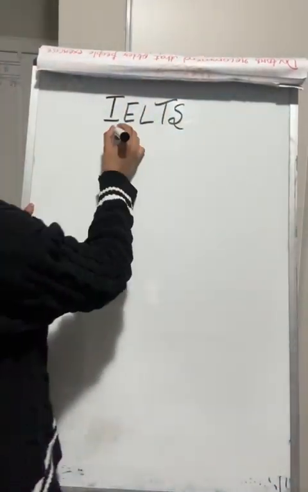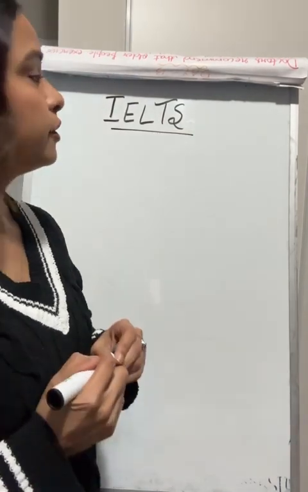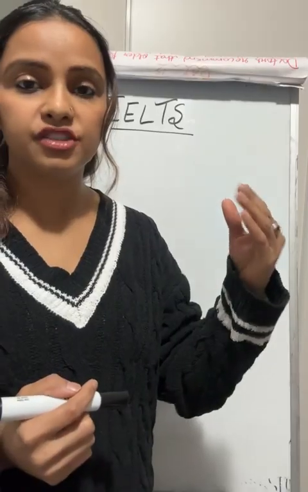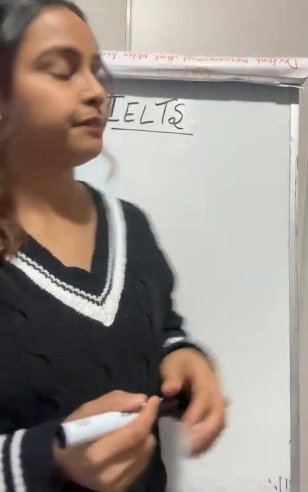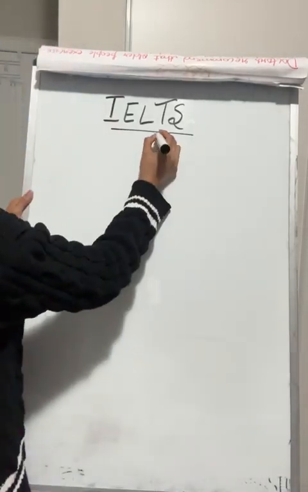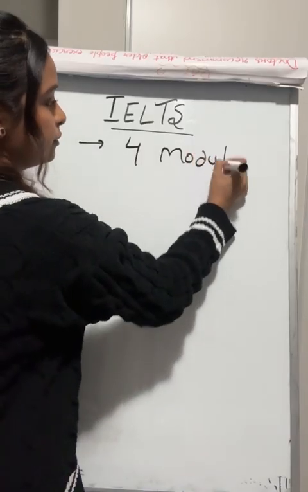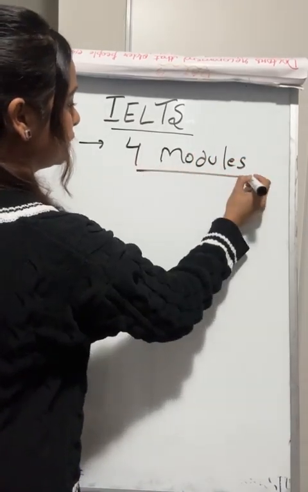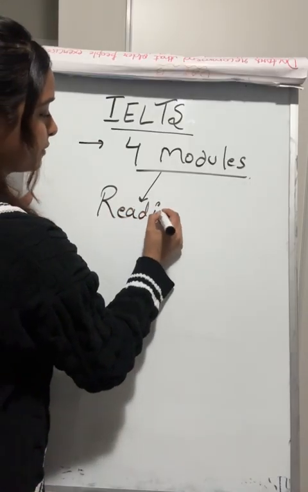So IELTS is basically the International English Language Testing System. Here your English proficiency level is checked and marked. IELTS consists of 4 modules, and the first module is the reading module, which is